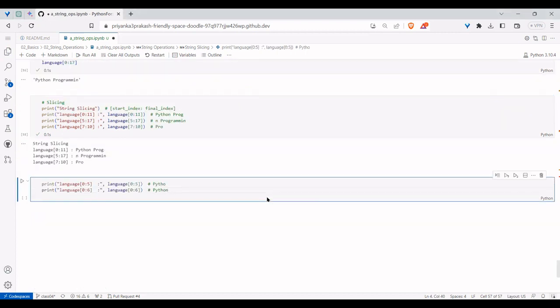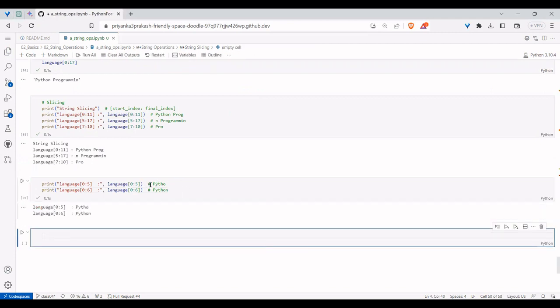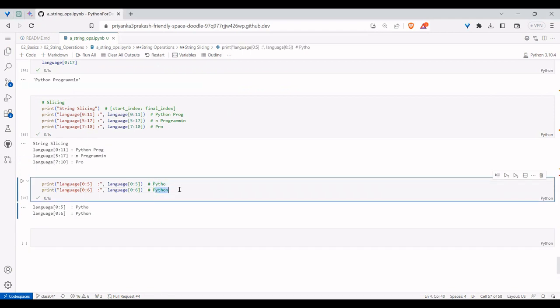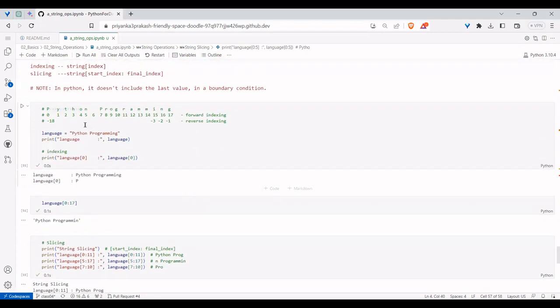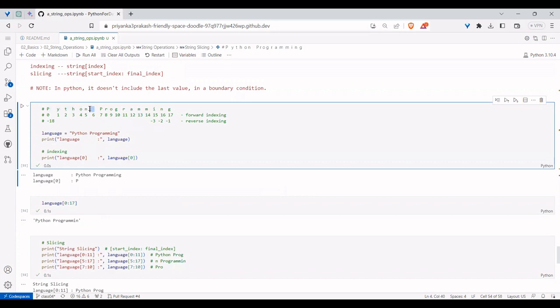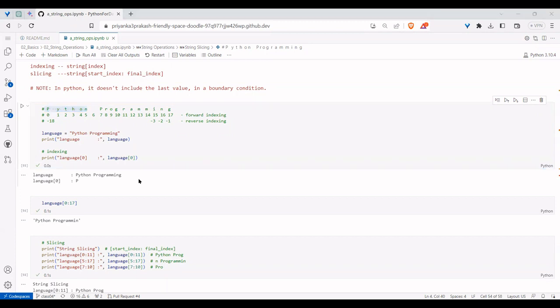If you see in this example, you will notice that if I give 0 to 4, even the 4th does not come. If I do 0 to 5, I'm going to get it like this. If I say 0 to 6, then it will include up to 5 but not 6. So it will go till 6, but doesn't include 6. Our intention is to get till Python, so that's the reason we should go 0 to 6. Till how much you want, you need to add one more to it.